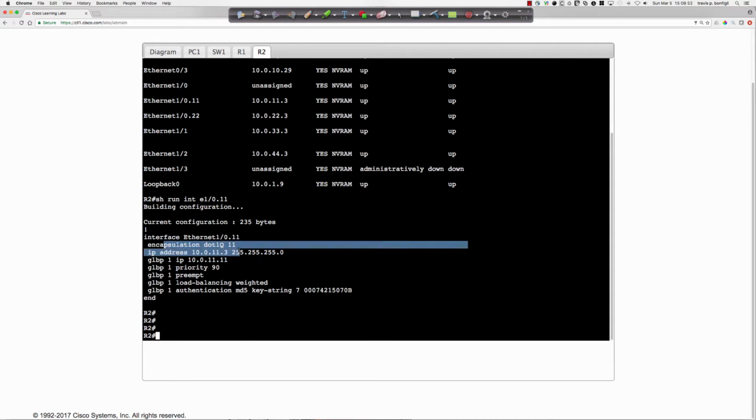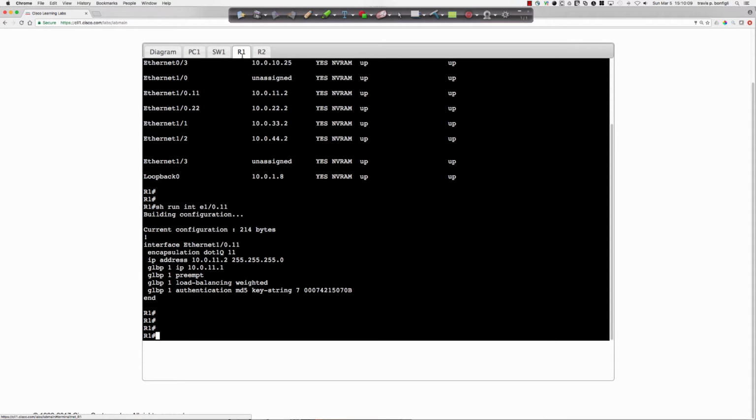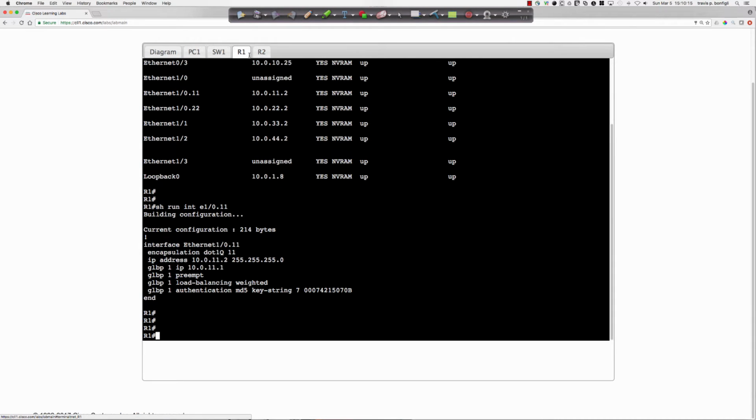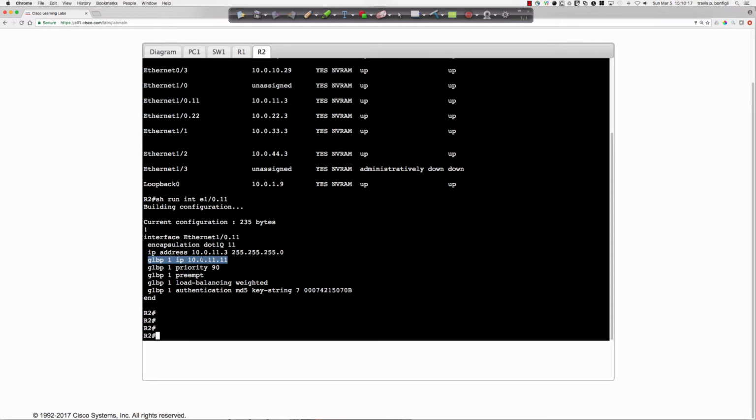We've got the dot1Q 11, the physical IP, and there is where we run into our first problem. Right? So it looks like we're using the same GLBP group number, and the authentication string looks the same. It is the same, but the big difference, as I roll back and forth and you can see, is we've got the wrong IP address here. So if I was to say show GLBP,